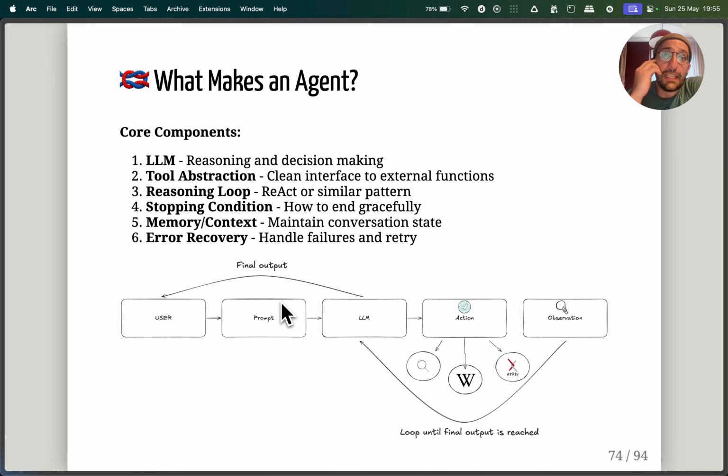So the ReAct agent loop would look something like this, right? The user sends a prompt to the LLM. The LLM will then either take an action, which is using one of many tools that the agent has access to, like search, Wikipedia, arXiv, using the browser, calendar, email, etc. Or it's going to return a final output to the user, right? It's one of those two. If it takes an action, an observation is produced, which is the output of the action. That goes back into the LLM to integrate and go into the next decision cycle, let's call it.